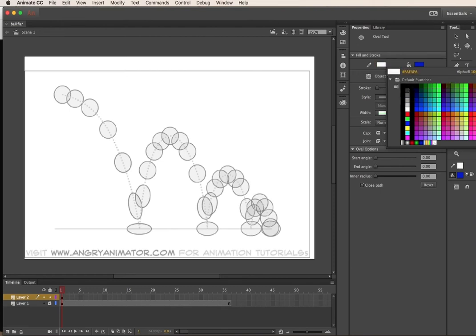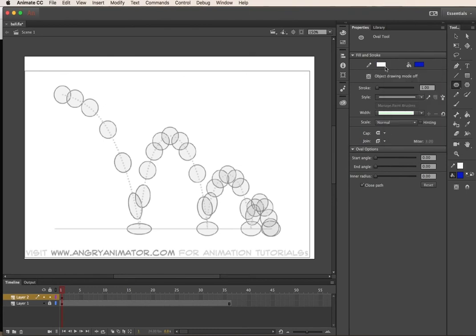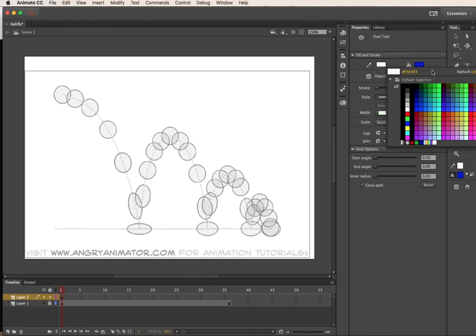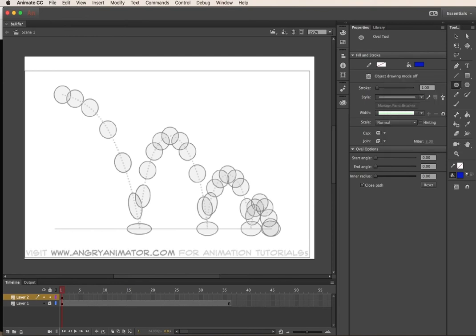But what I'm going to do is go up here in the corner. It's a bit hard to see this. Up in the top right-hand corner, you can't really see this in this movie, but there's a square with a red stripe across it. That designates the stroke colour is none. I'm happy to leave my fill colour as blue,